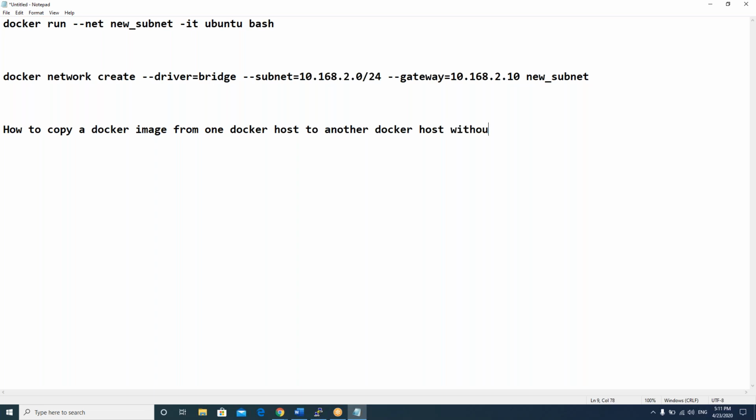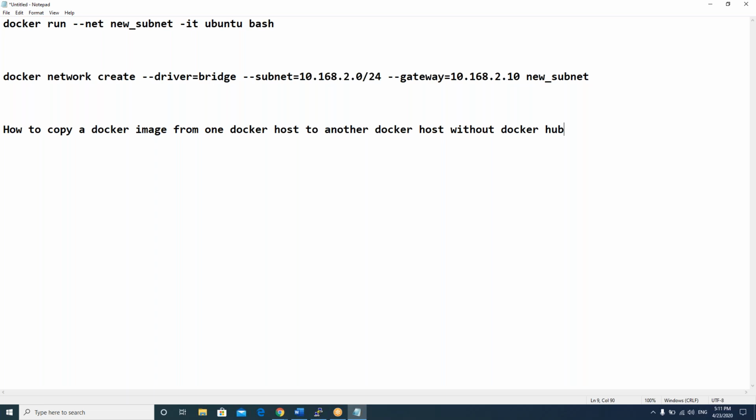We don't have internet to connect to Docker Hub to push my image. So in dev, I just created one image with my setup. Now how can I get that image in my QA Docker host? So guys, did you get my question?